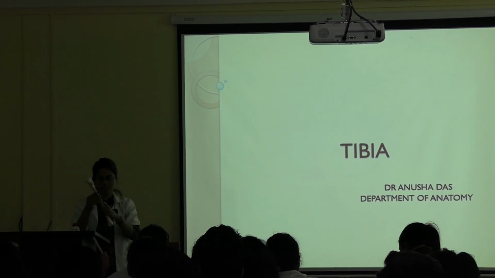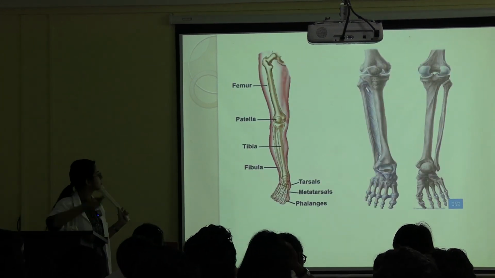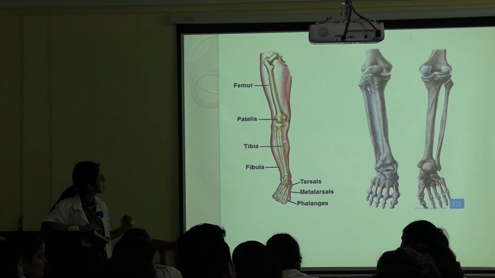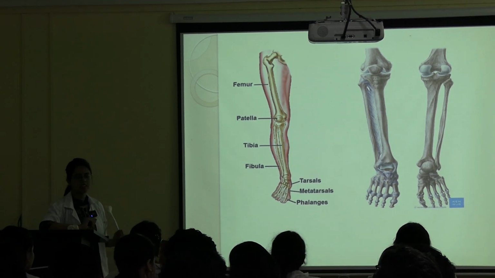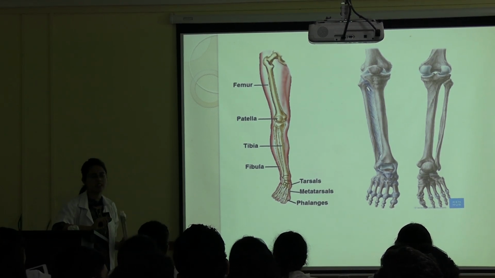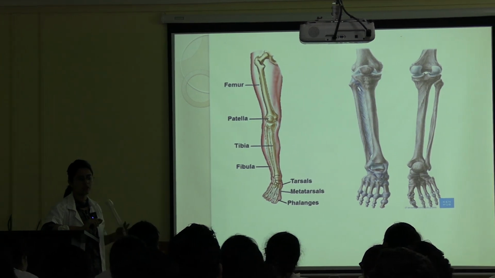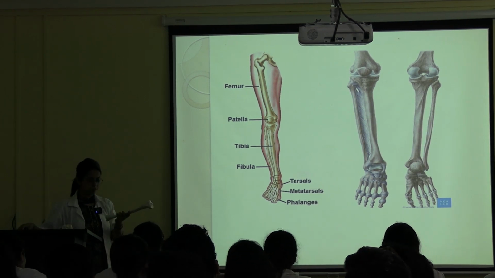So this is the medial bone of leg. Okay, so this is tibia. So this is the medial side and this is the lateral side. Clear now? Medial side, lateral side. All of you know about medial side, towards the midline, and lateral away from the midline. Clear? So tibia is the medial bone of the leg.